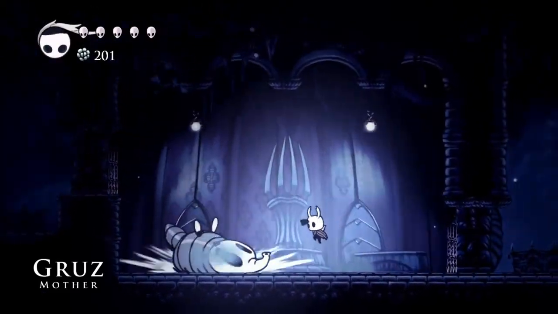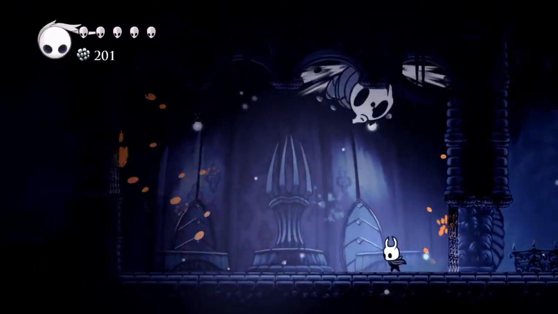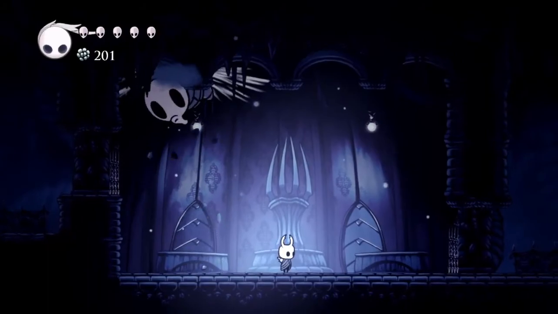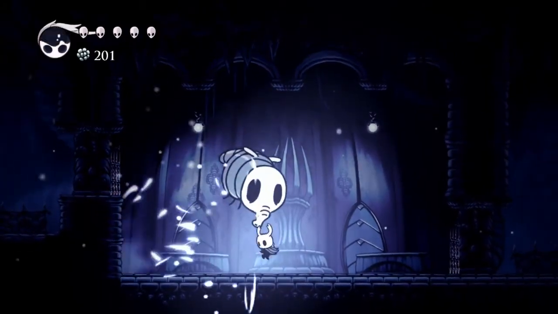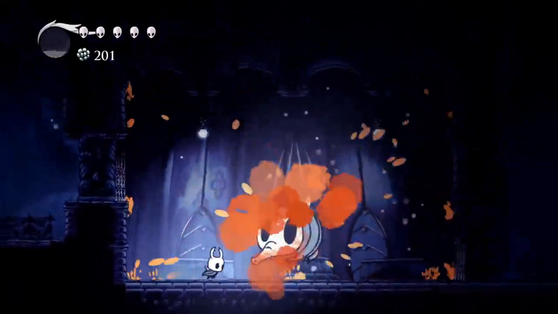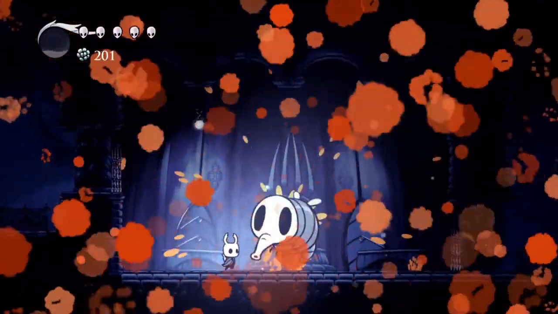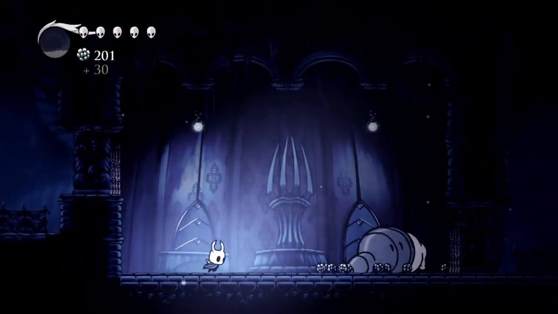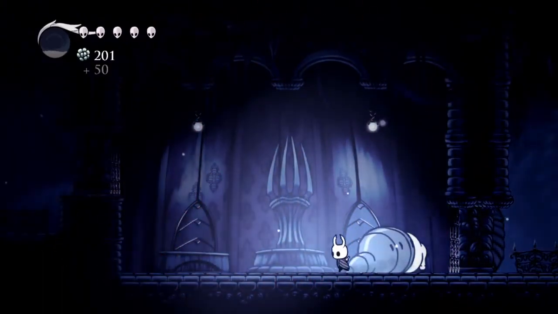But as we move on, we do need to save Sly because we need to get the Lumafly lantern that he sells at his shop, so we do need to take care of the Gruz Mother. Luckily, we don't need to get the shopkeeper's key in Crystal Peak, or else that would be another detour that we would have to deal with, which thankfully is not the case. But after a quick fight with the Gruz Mother, we can move on and save Sly from where he's sitting,